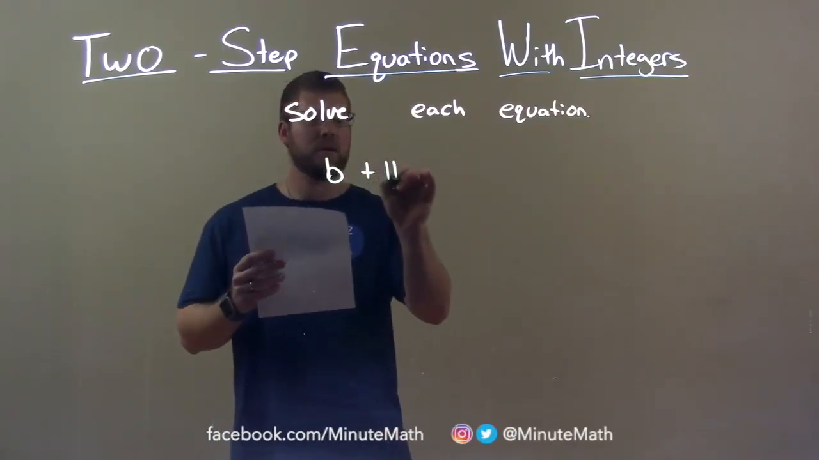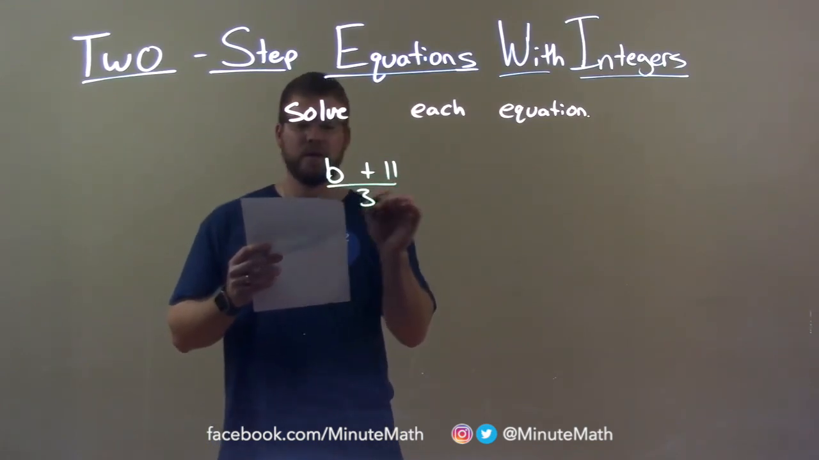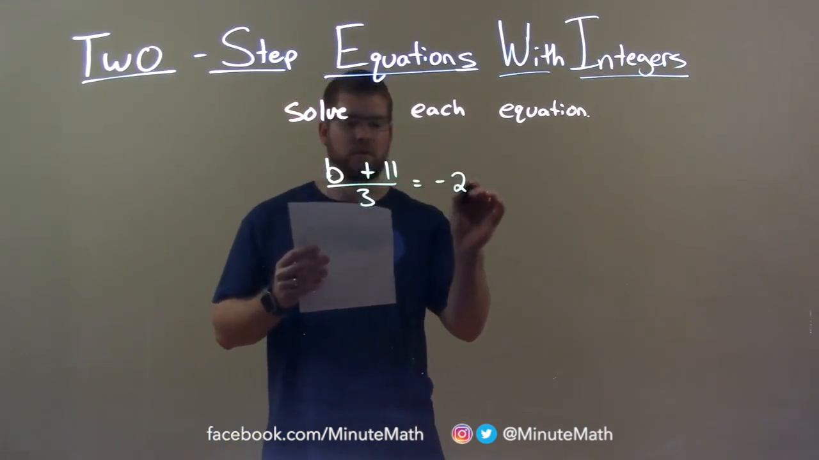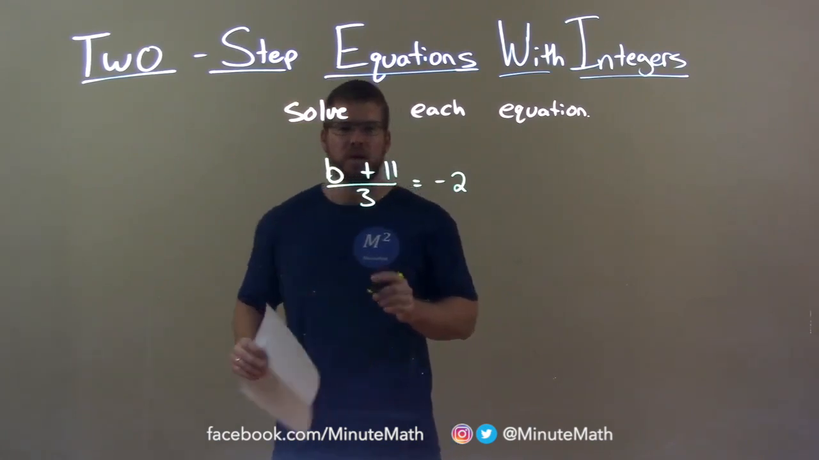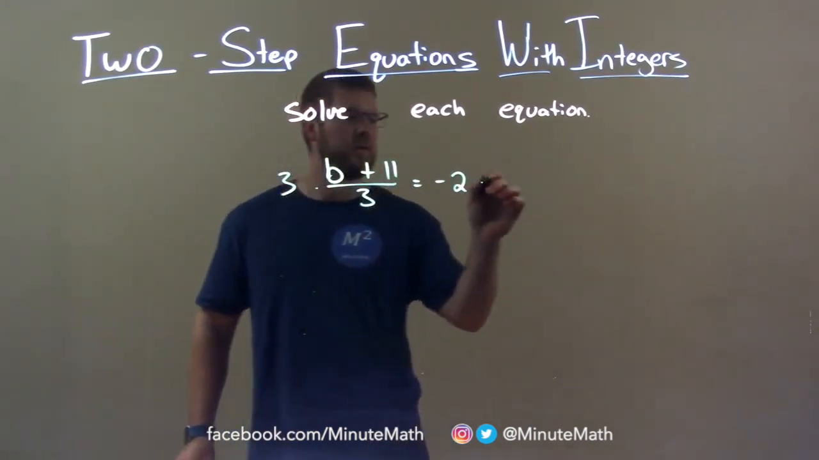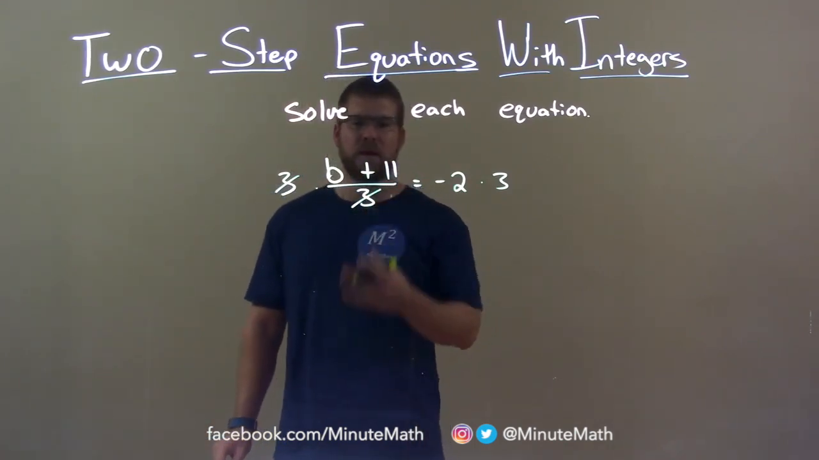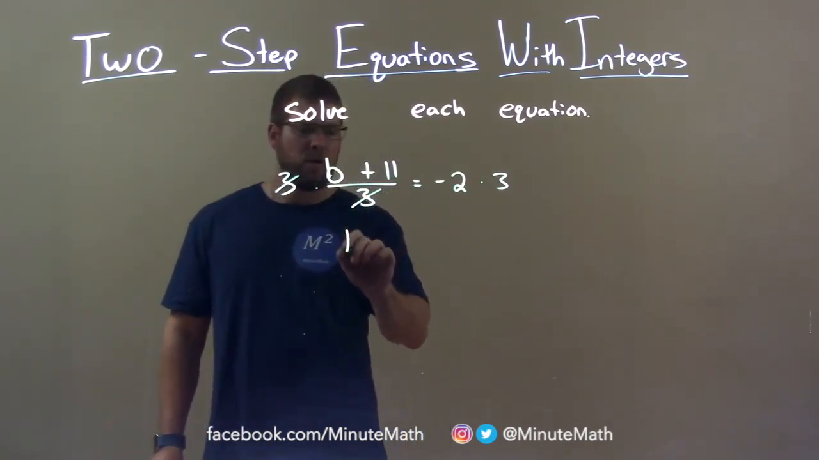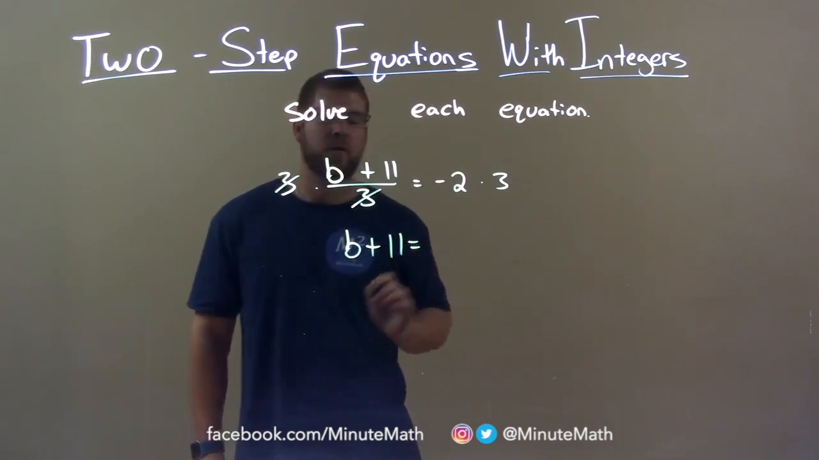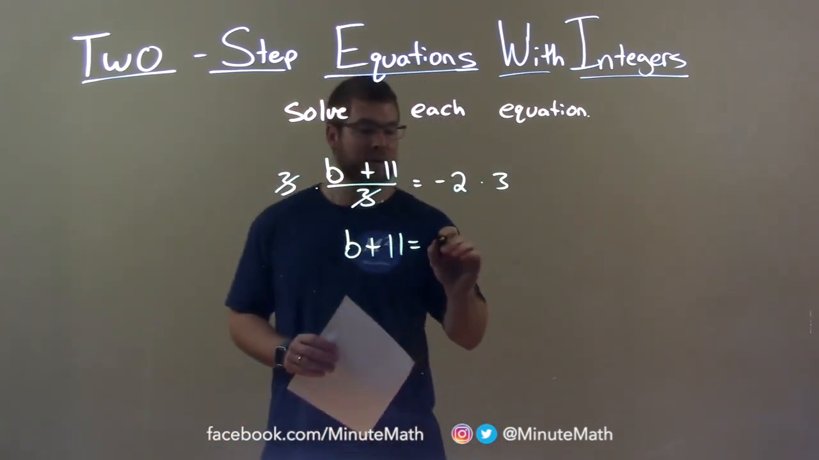b plus 11 over 3 equals a negative 2. First thing I want to do here is multiply both sides by 3. Since we're dividing by 3, the opposite of division being multiplication, that will eliminate that 3 in the denominator. We're left with b plus 11 by itself on the left, and negative 2 times 3 being a negative 6